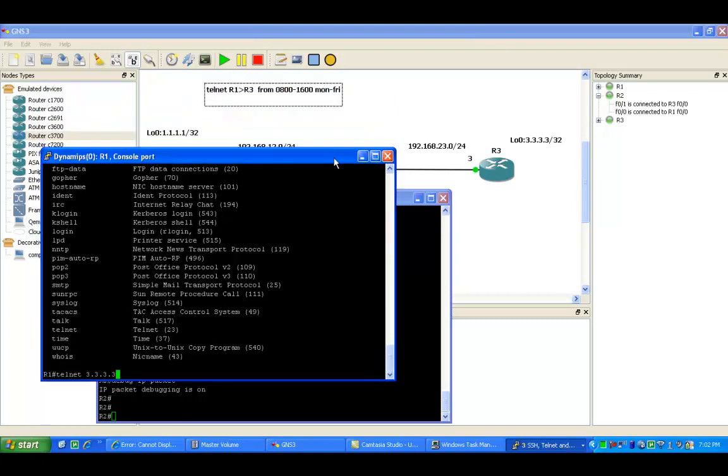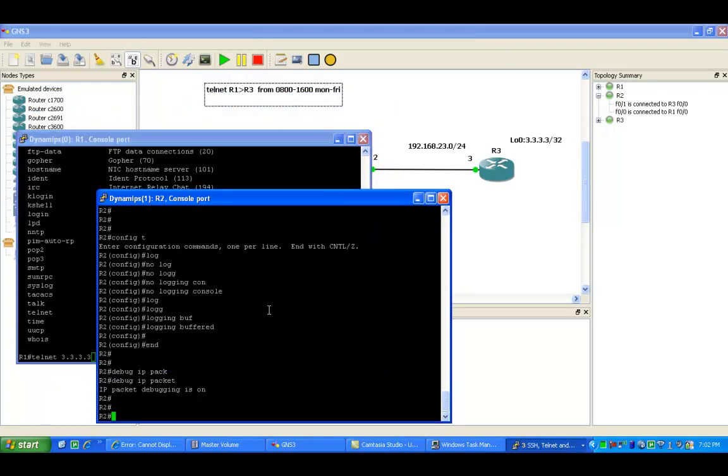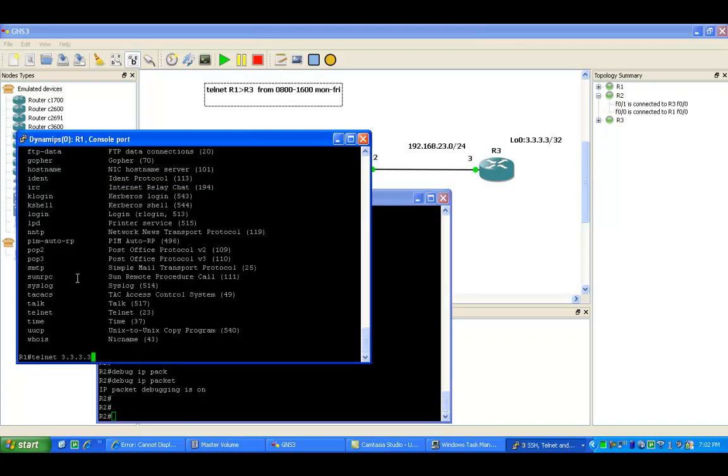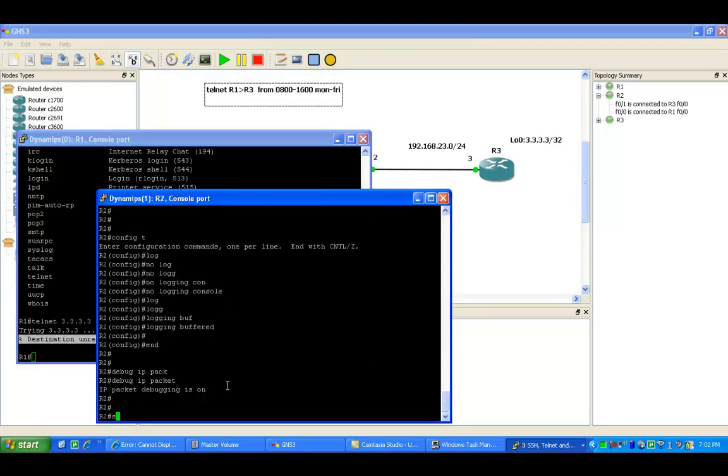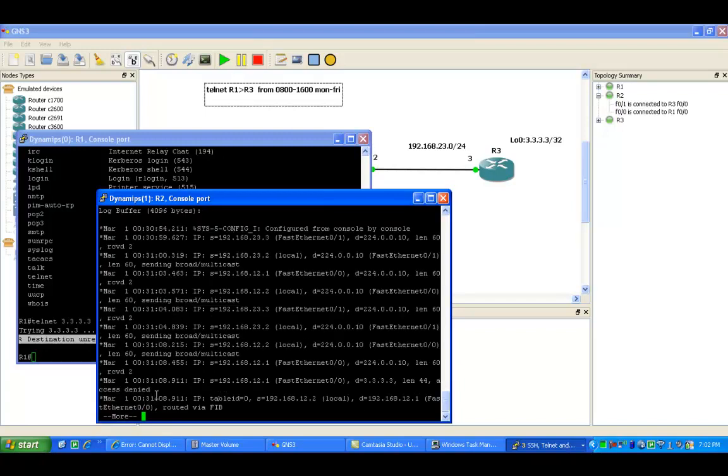We're going to try to telnet out to router 3, but based on our ACL inbound, we should not be able to. And as you can see here, we get the response, destination unreachable. So if I go to router 2 and do a show log, you can see here now,